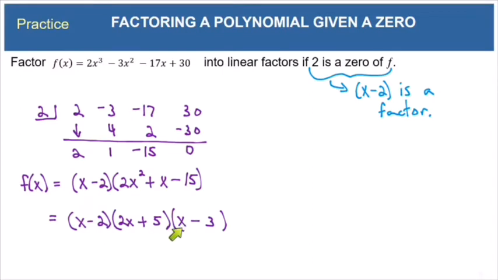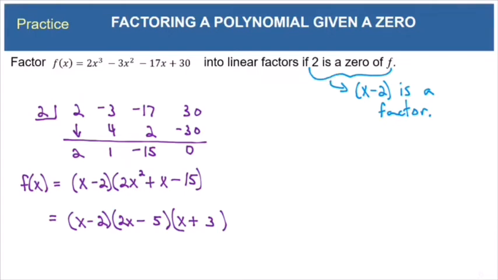And then inner times inner is going to be positive 5x. Now negative 6x plus 5x is going to add up to negative 1x. But we needed a middle term that was positive 1x. So now I know that I need to switch these signs. And there we go. Now when you multiply 2x minus 5 times x plus 3, you would get this trinomial back. So here are our three linear factors, and that is what the question was asking us for.